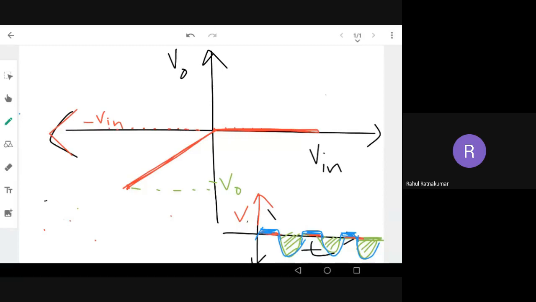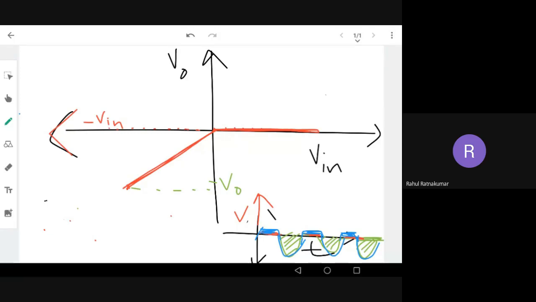Okay, is there any chat? I'm just checking. No, there is no chat. Fine. You have to spend some time thinking about how to do this. From the waveform, you can draw the graph. Now I am asking how to draw I out versus V in of the same circuit.